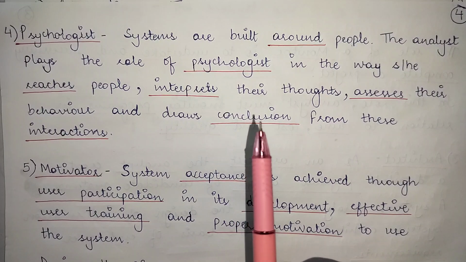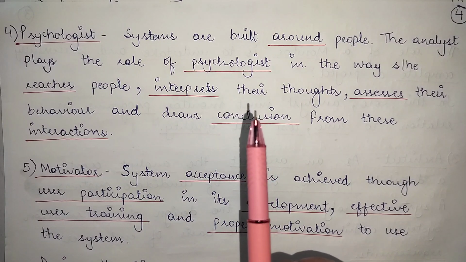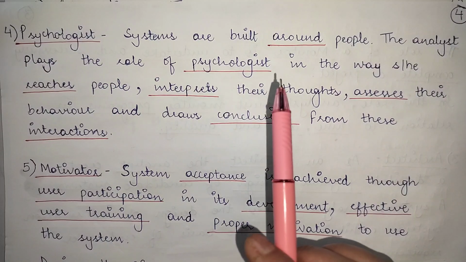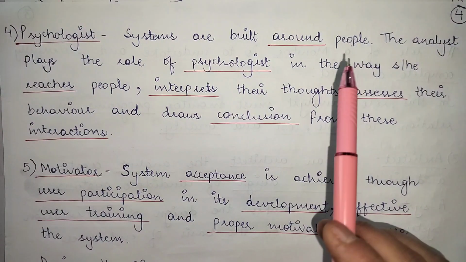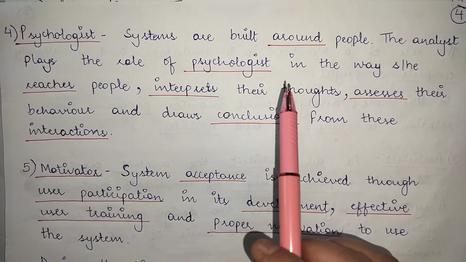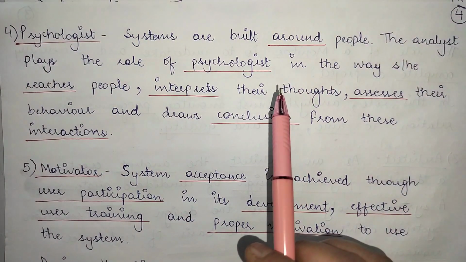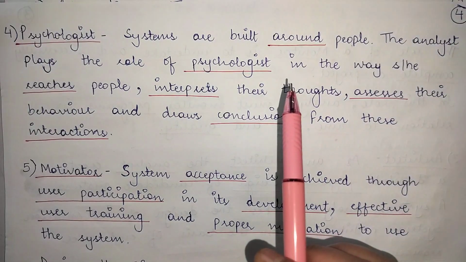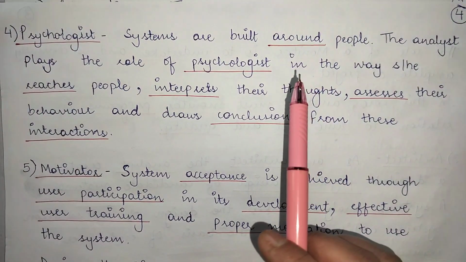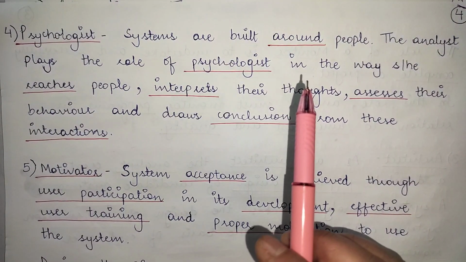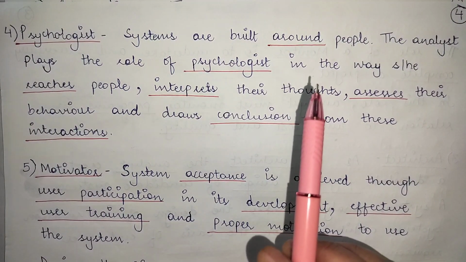So for that reason, the system analysts are also considered as psychologists, because of the way they reach out to people. Not everyone is capable enough to extract all the data, facts and requirements from a person. It is a skill. Not everyone is capable of doing it. So how he reaches out to people, how he targets the psychology so that they utter everything they have in